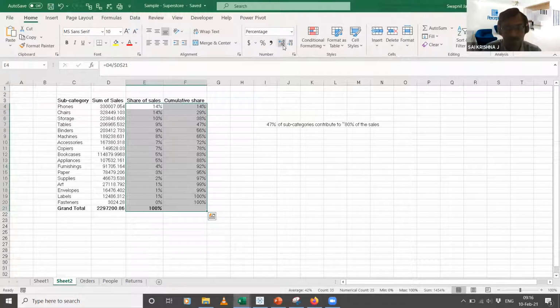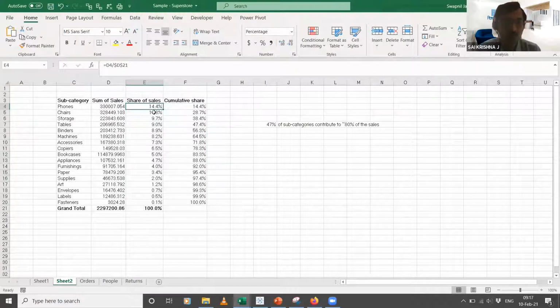Phones contribute to 14.4% of the sales, and phones plus chairs contribute to 28.7% of the sales, so 14.4 plus 14.3. Like that, at the end you have fasteners, which means all of the subcategories contribute to 100% of the sales. So this is just the cumulative percentage.